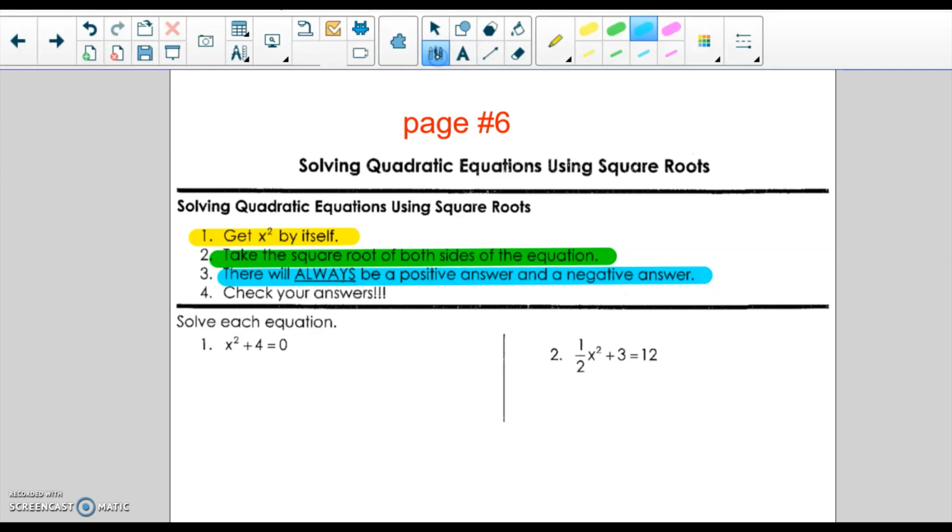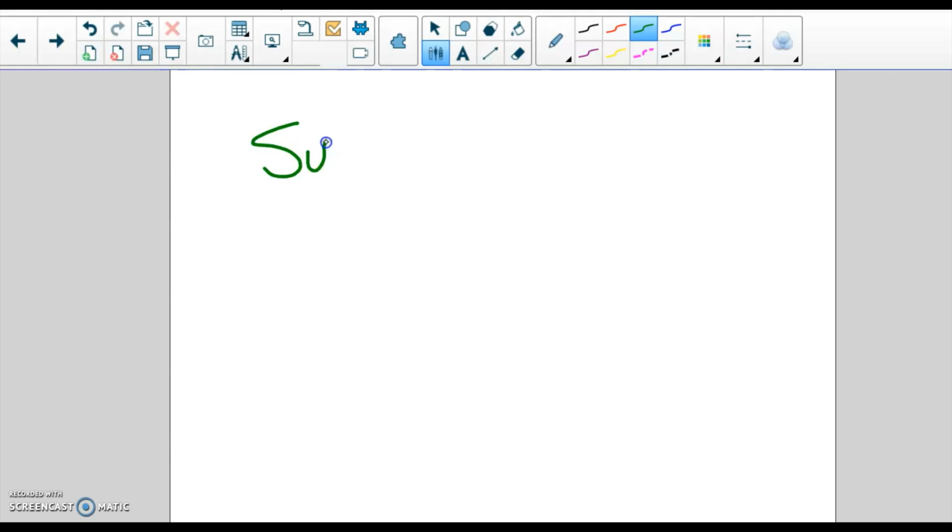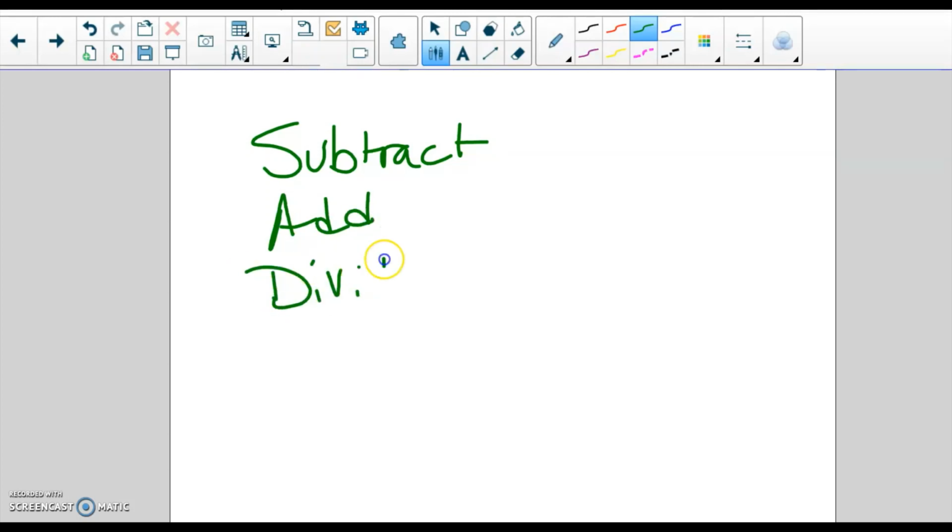Now, I have a little catchphrase that I use with my students when solving equations in general, and that is SADMAP. SADMAP is a way to remember how to solve an equation: subtract, add, divide, multiplication, exponents,